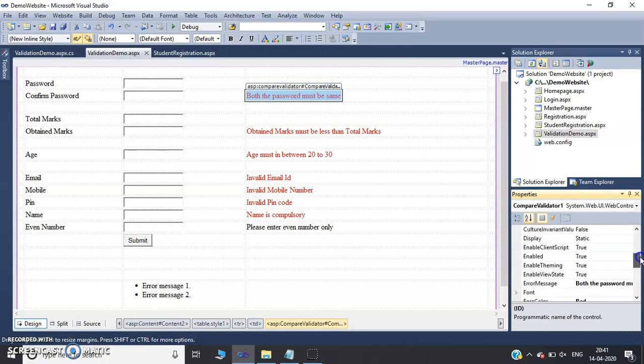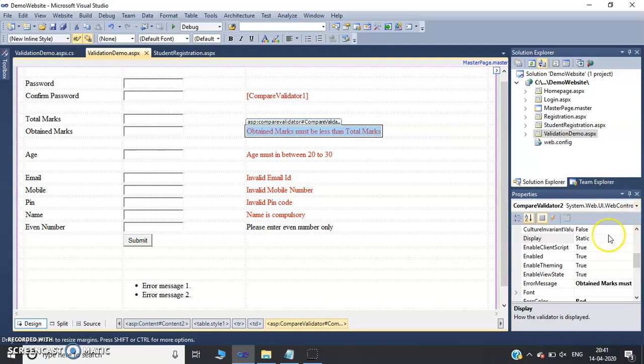So just change for compare validator, select display static to none. So by default it is static, change it to none. Similarly for all the validators, this is compare validator, change display property static to none.